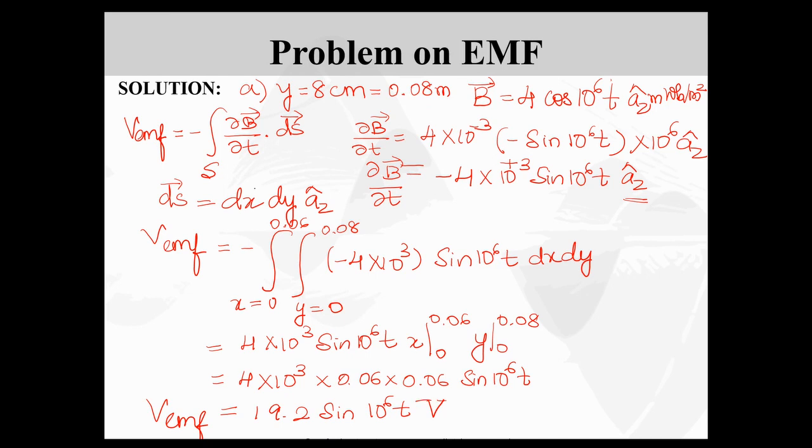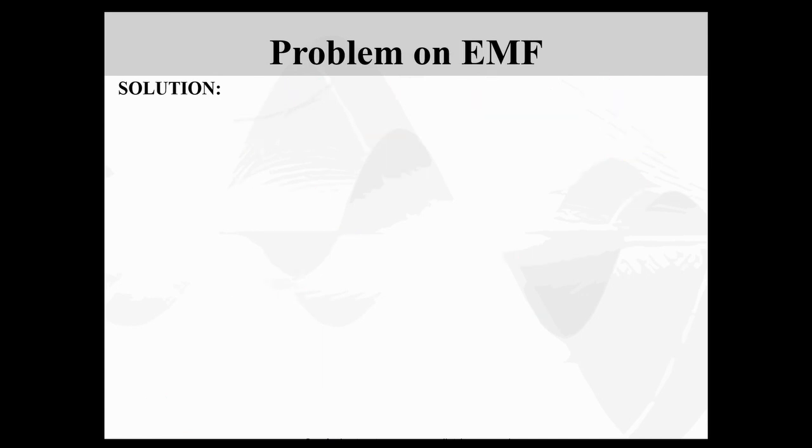This is the answer for the first scenario, where we are trying to find out the transformer EMF induced in the conducting bar when it is stationed at one particular point in a time varying magnetic flux. Coming to case 2, where we know the conducting bar is moving with a velocity u in the direction ay, and it is placed in a static magnetic field, constant with respect to time, which is 4 az milliweber per meter square. So this is what we know.